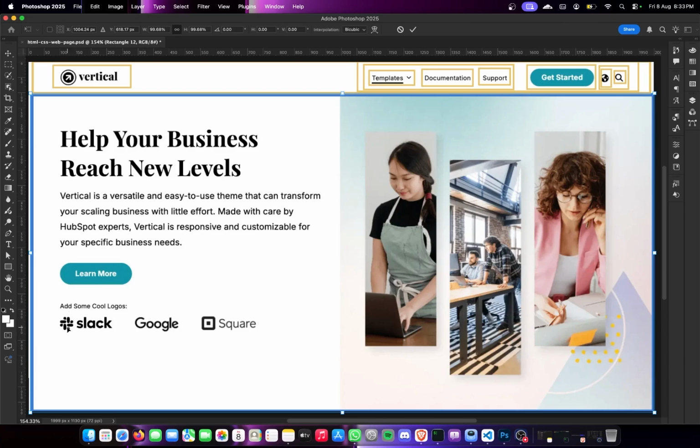This one is the logo for Slack, logo for Google, and then logo for Square. So you agree with me that inside of our hero container we are supposed to have 2 more containers, which is what? The container that will hold this image by the right, and the container that will hold all these write-ups by the left. So if we are to map it, we are going to have something like this, a container